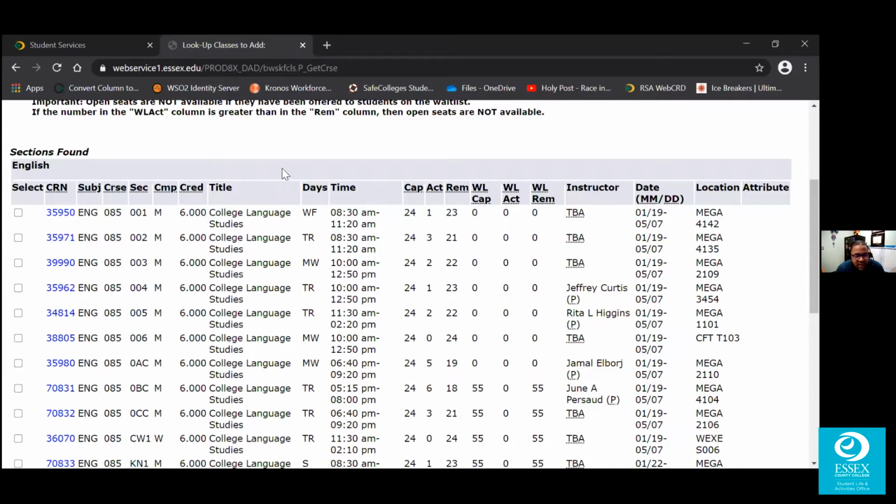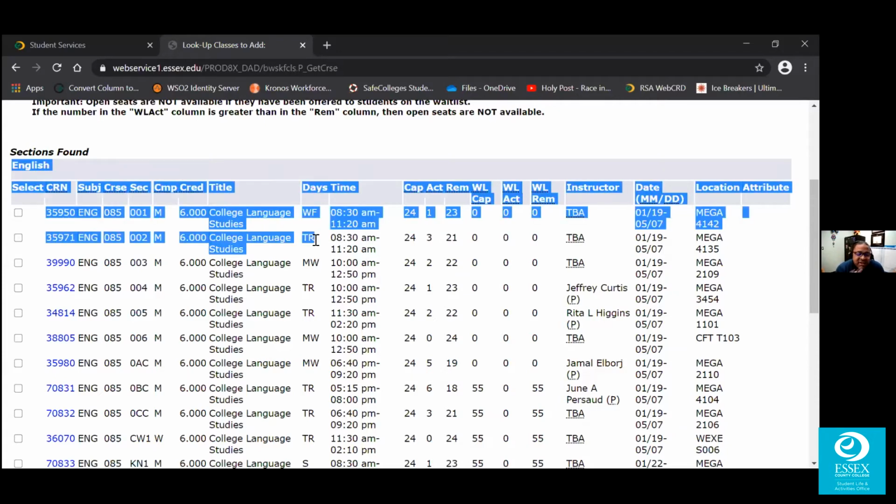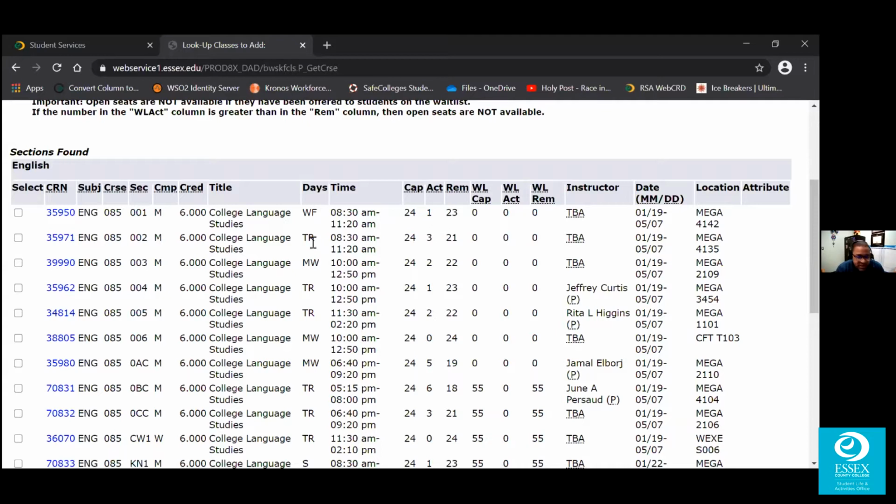I do want to also add that if you take a look at the days column, you see the different days like WF, W is for Wednesday, F is for Friday. At some institutions, they may use TH for Thursday, but here at Essex County College, we use R for Thursday. So in that example, Mr. Graham just highlighted that TR, that means this particular section of English 085 takes place on both a Tuesday and a Thursday. So when you see TR, don't think that's just Thursday. That's actually T for Tuesday and R for Thursday